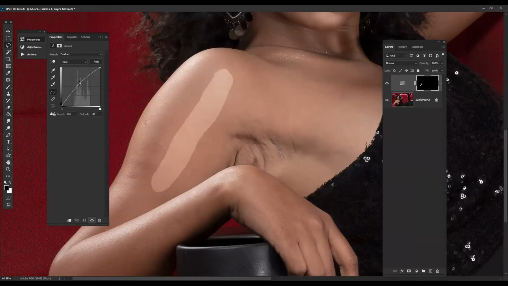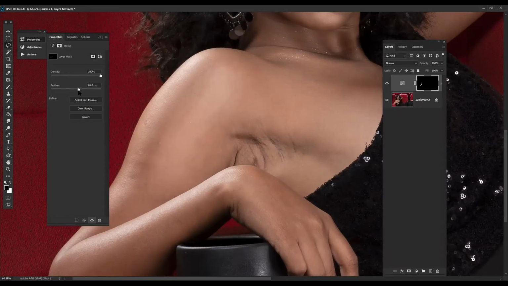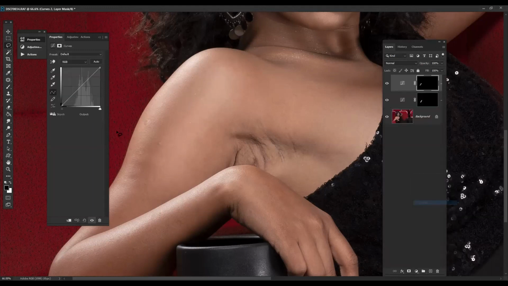I dodge a little. Now I merge the lines. I burn a little. Now I merge the lines.